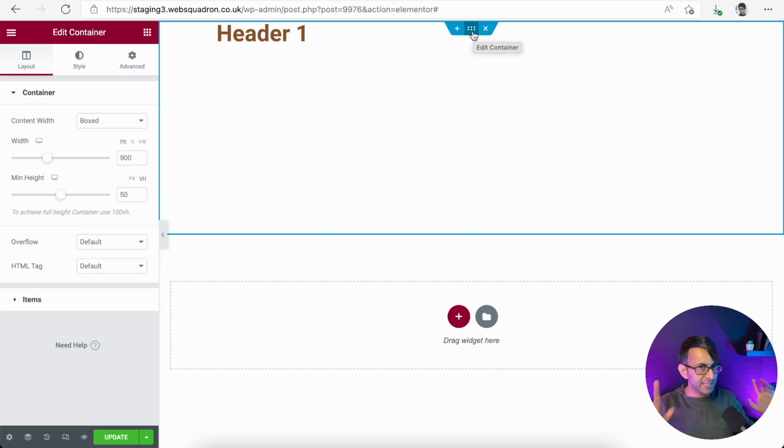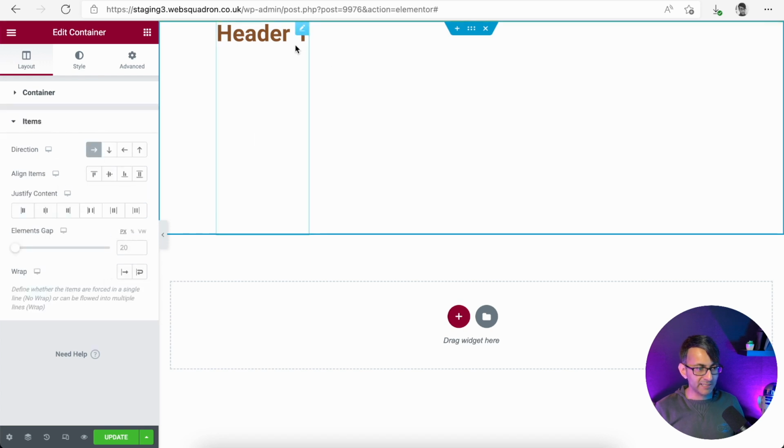Here's where we now have to just take a bit of a pause and review what we've done, even with just one header. This is where you just got to get your head around things, okay? If I click on the container, box 900, we have just one item added at the moment. Normally if you were to add in a header into a section, when you click on it or hover over it, the blue bars would go horizontally because it was occupying the full 100% width of whatever section or column you added in. Do you know what I mean?